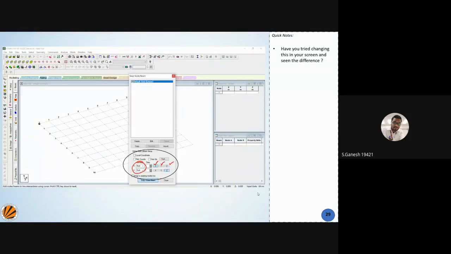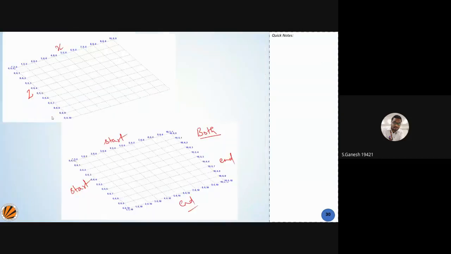And what do X, Y, Z represent? They show your coordinates. In this model, Y is 0 in both cases, Z is 0, and X is equal to 10 meters at this point or this point. And at this particular point, Z is 1 meter. Like this, we can find out the values on your grids.